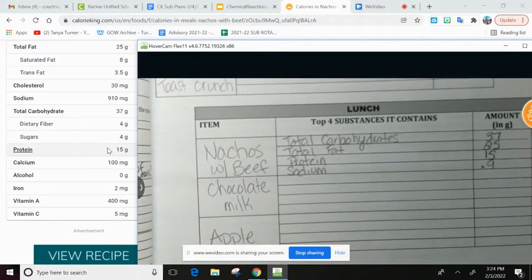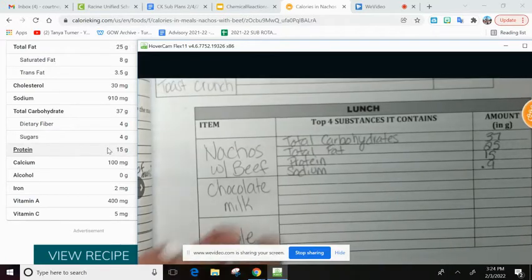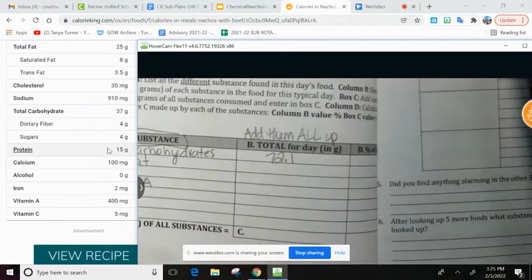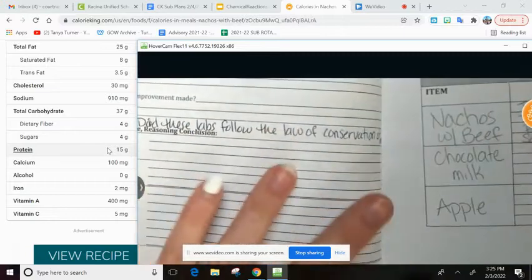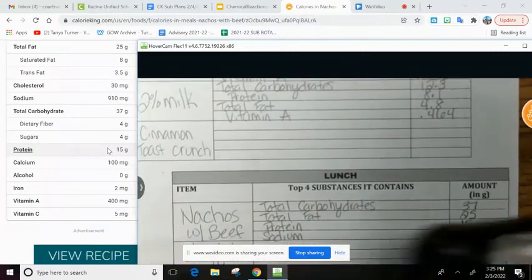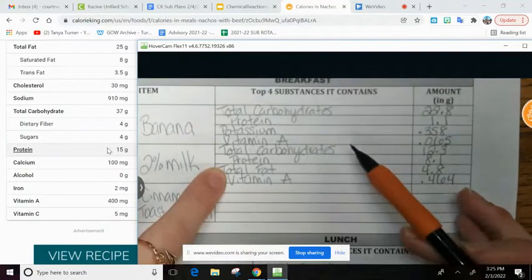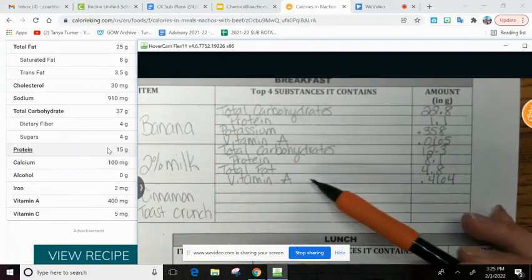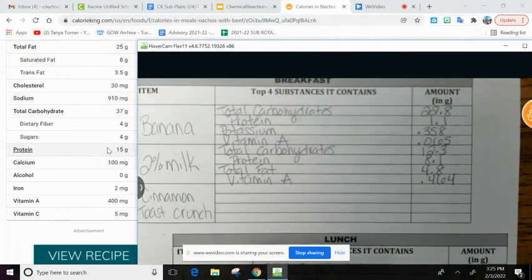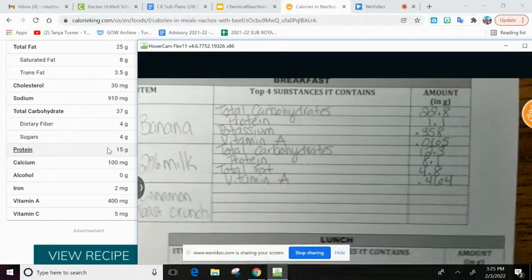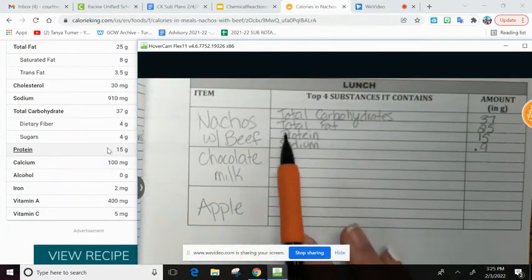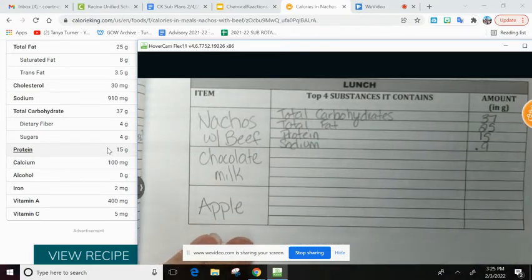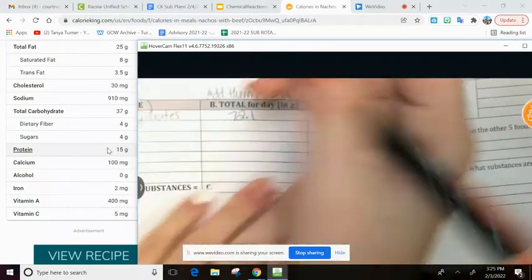And then we write it down in box B, total for the day and total carbohydrates. So we added those all up and I got 72.1. And then we do the same thing for total fat and protein. So again, you look at the total fat from the banana, the milk, the nachos, everything you did. So we're going to take the total fat, there was none in the banana, which is awesome. But then if you go to 2% milk, total fat was 4.8. And then the nachos with beef, total fat was 25. So you add those two together, 25 plus 4.8, and we get 29.8.